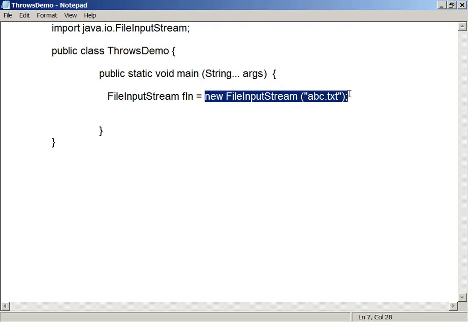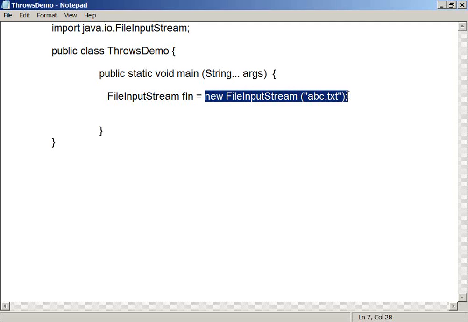But if the file is not there, I cannot help you. And your compiler is asking for smoother execution. This is the statement which is saying to your method, I cannot handle this situation. How is it going to handle this situation if the abc.txt is not there? What is it going to do for you?